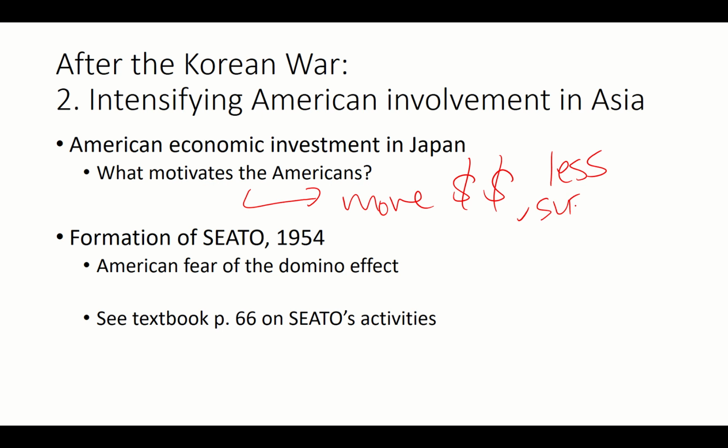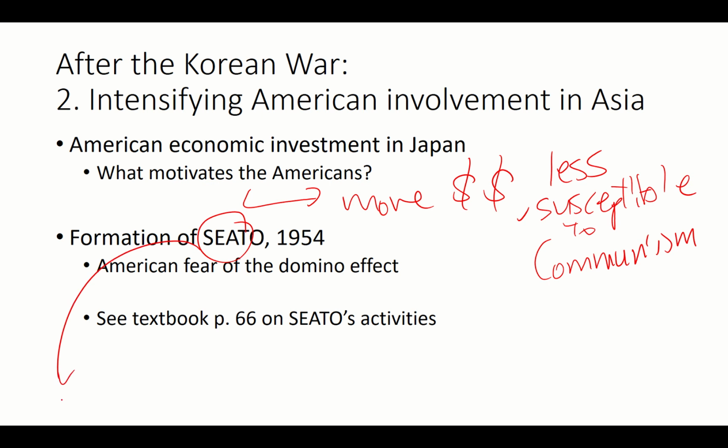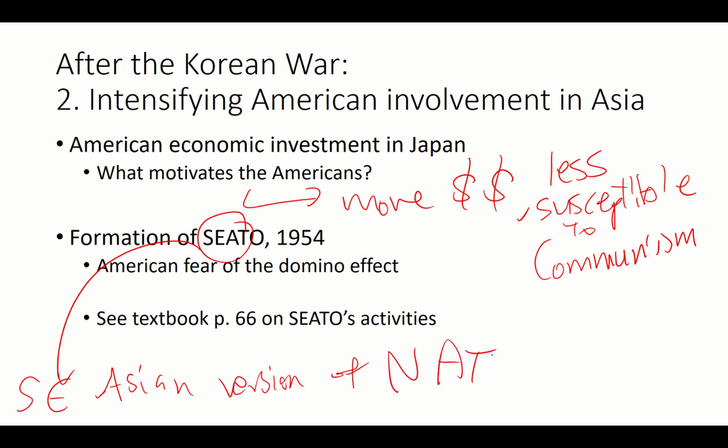Less susceptible to communism. Susceptible means vulnerable. Okay, and they form SEATO, which is basically the Southeast Asian version of NATO. And the arguments that we can make for NATO are exactly the same, except when you say Southeast